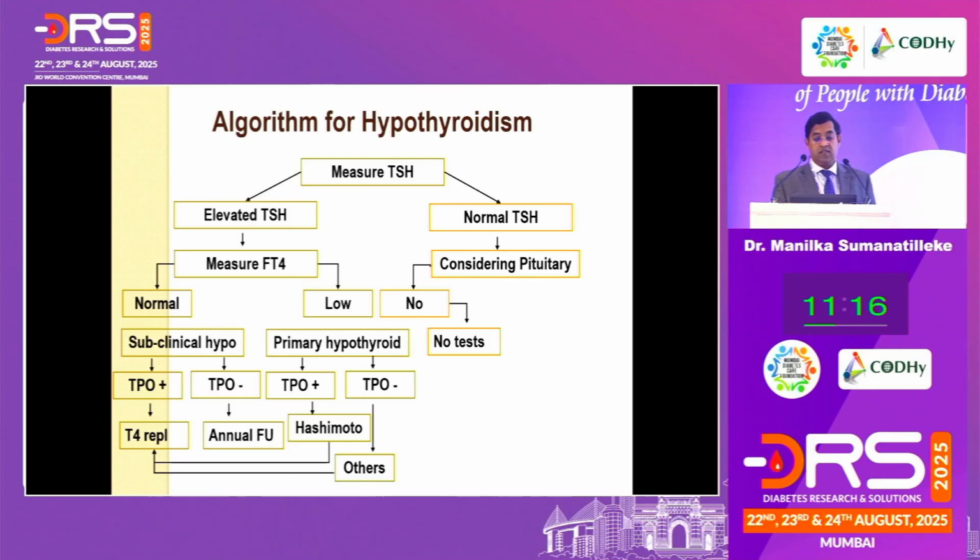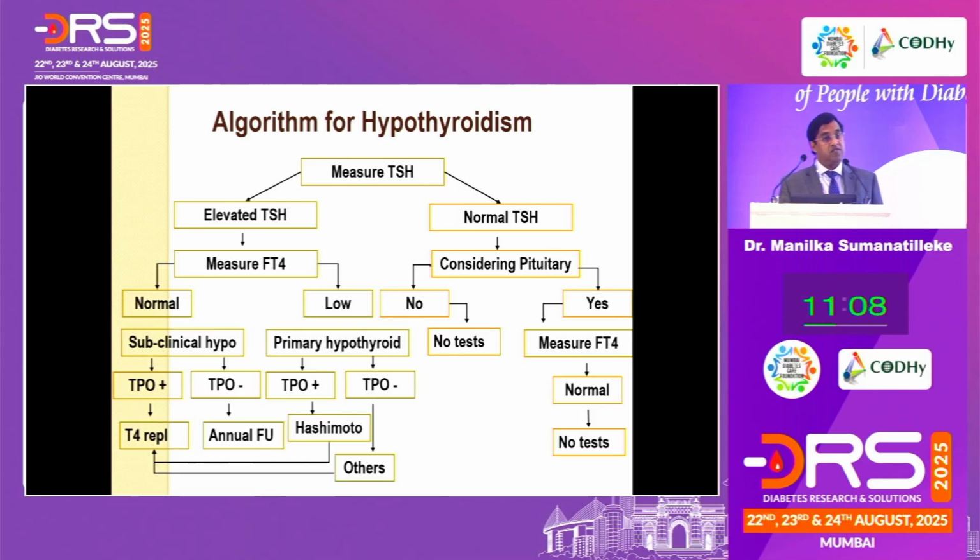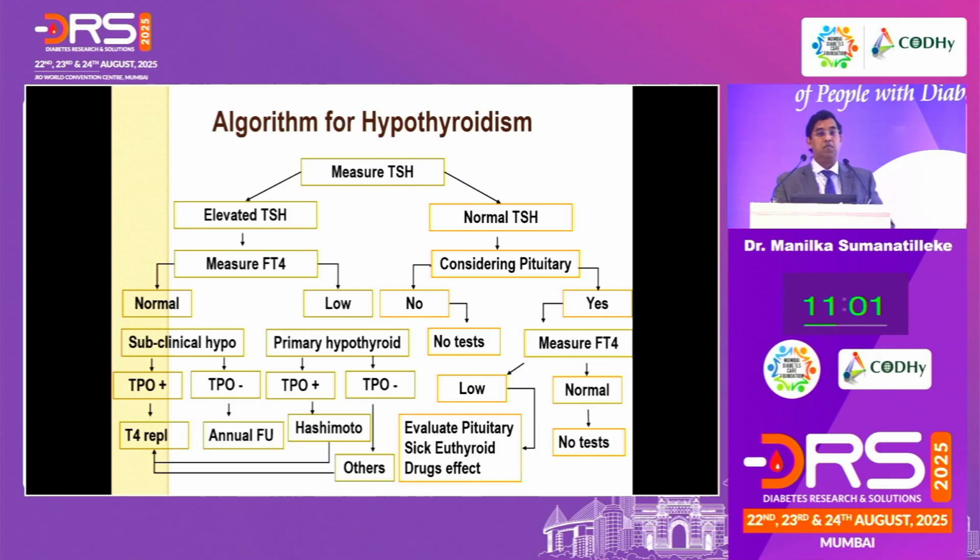Still, you think the patient is hypothyroid, then you measure free T4. Otherwise, you give it up and measure free T4. If the free T4 is still normal, then think of other conditions, maybe vitamin D deficiency or some other condition mimicking hypothyroidism. But if the TSH is normal or low normal and a free T4 is low, that's where you